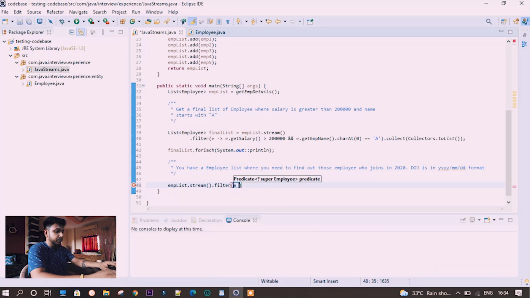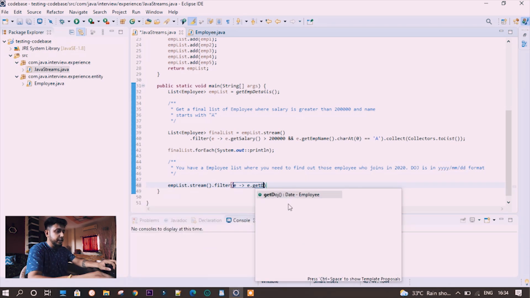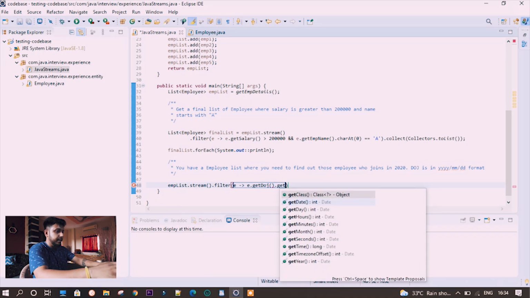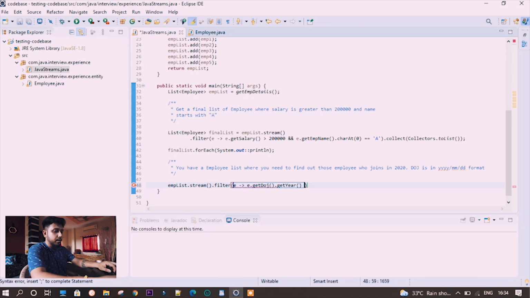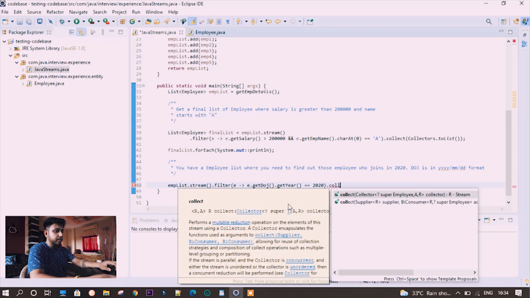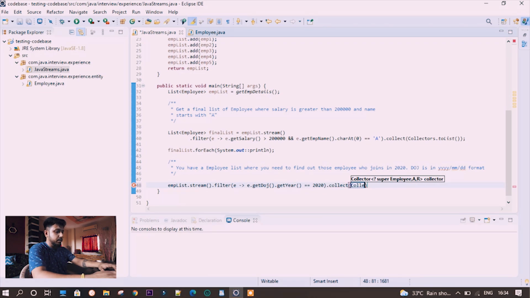Now what you need to do is e dot get DOJ dot get year equals 2020. Then you need to collect, Collectors dot to list. This will give you one list. Now let's iterate this here only.